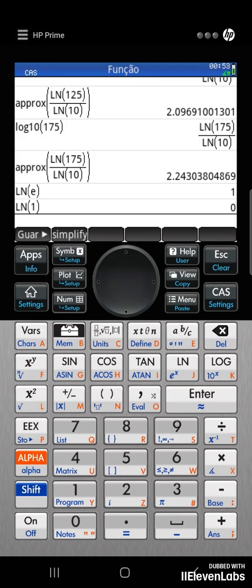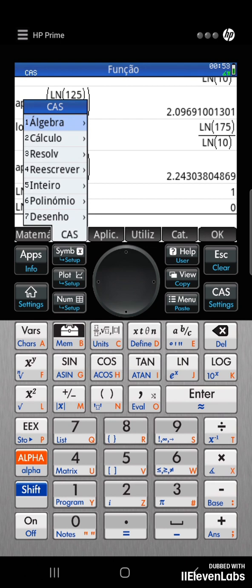Stay with me until the end of this video, as we will now calculate logarithms with a base other than 10. I'm sure you'll like it and find it super easy. So, I'm going to come here now to the mathematical models key to call up the logarithm of another base that is not 10. And these logarithms can be solved using the solve command.